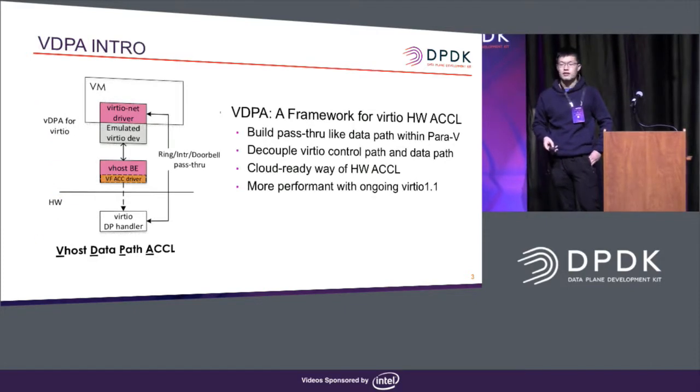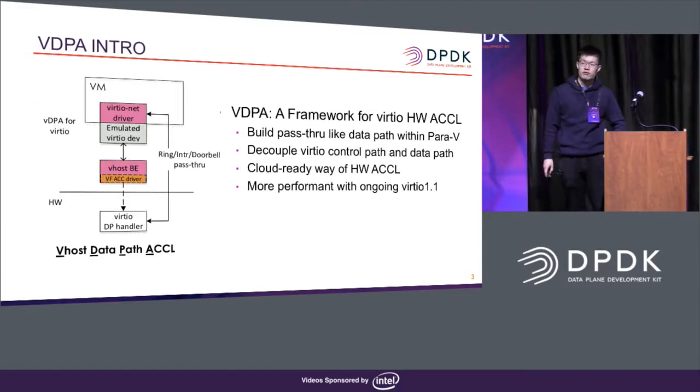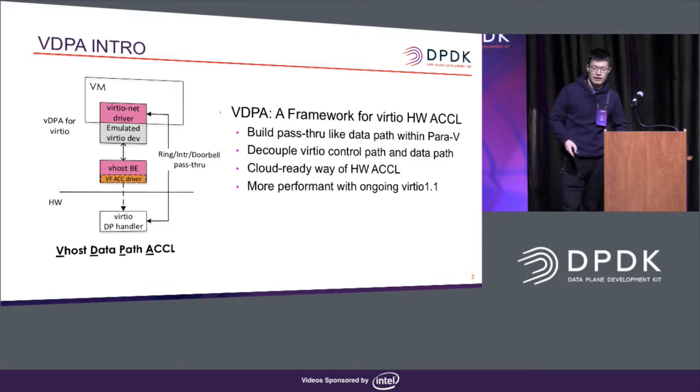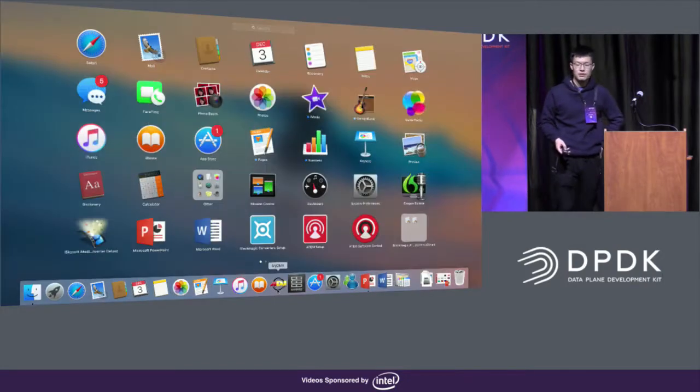Okay, so what is vDPA? vDPA is short for vhost data path acceleration. It is used to make a software framework for virtio with hardware acceleration. It can build a pass-thru like